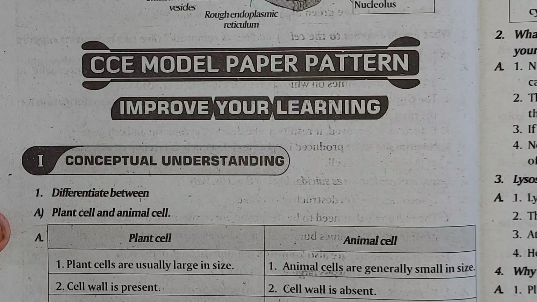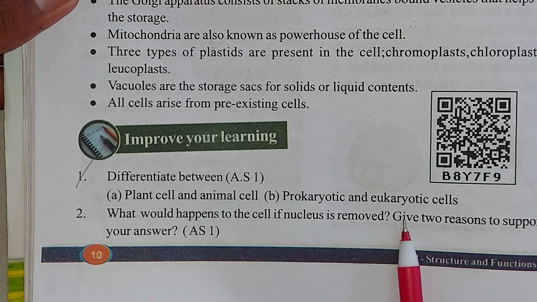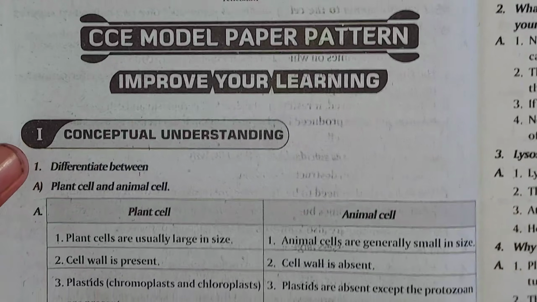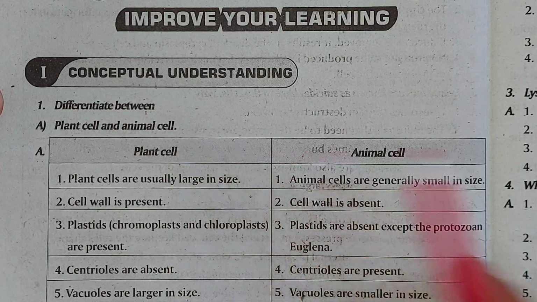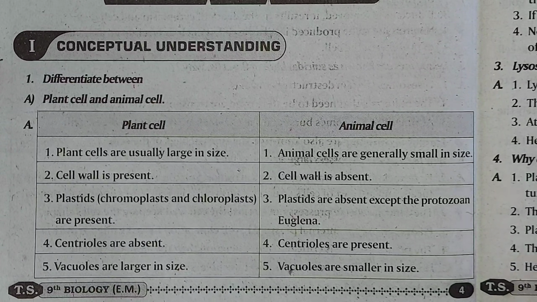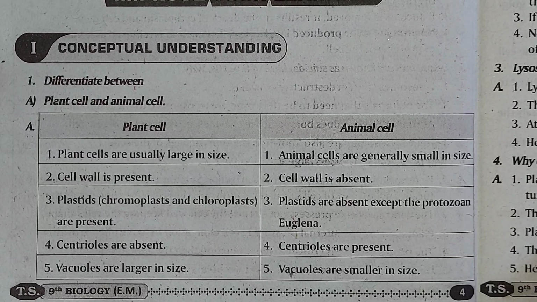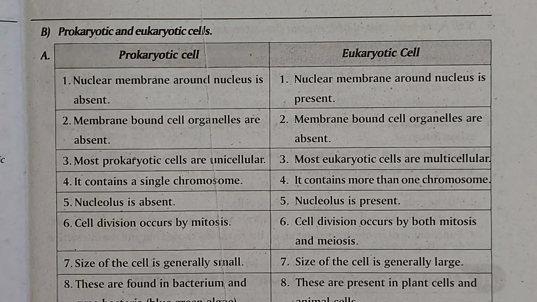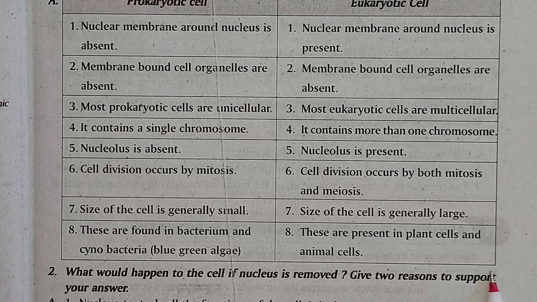First we will see the first question in the textbook. You can see here, important your learning, first question like this. Now we will see the first question answer in the question bank. You can see the first question like this, and up to here we have the question answer in a table. The first question answer continues onto the next page also. Up to here we have the first question answer.